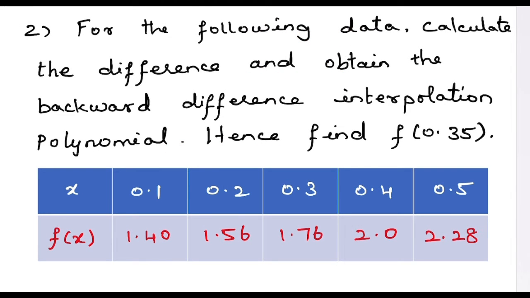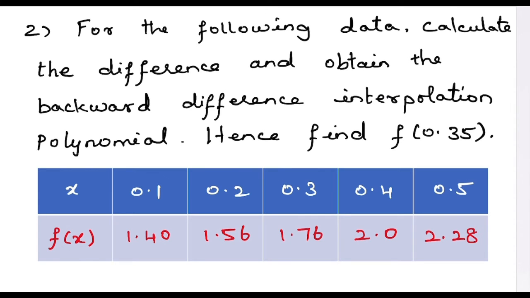Next problem: for the following data, calculate the difference and obtain the backward difference interpolation polynomial. Hence find f of 0.35. In this, they have asked to find out the interpolation polynomial. So you know what is polynomial, which I have given the definition. Now coming to the solution, here since the question is in